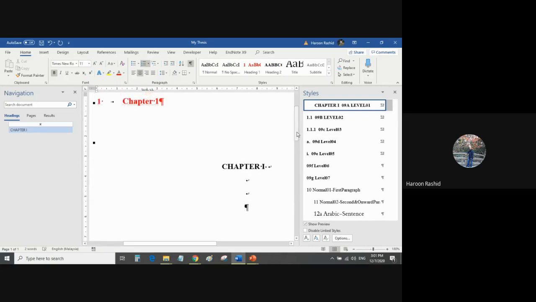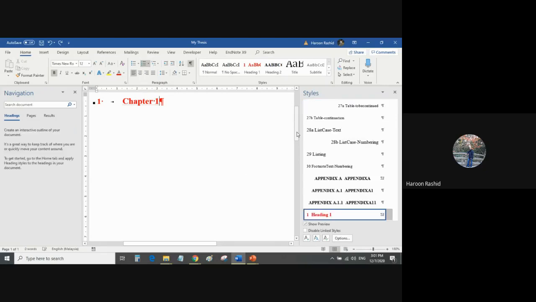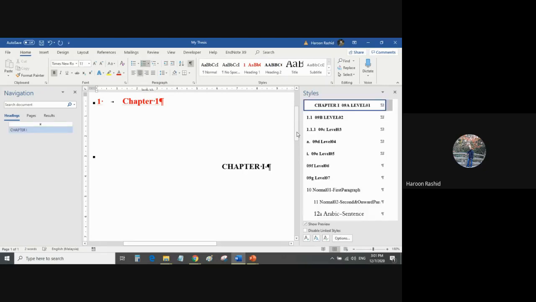Now you try. Make sure you hold the shift key. If you just press enter, you will see something like this. If I just press enter, it will appear 1.1. We don't want that, because you still have to give the name to this chapter. The automatic command setting in this template is that when you press enter, it will bring you to heading number 1.1, which we do not want at this moment.